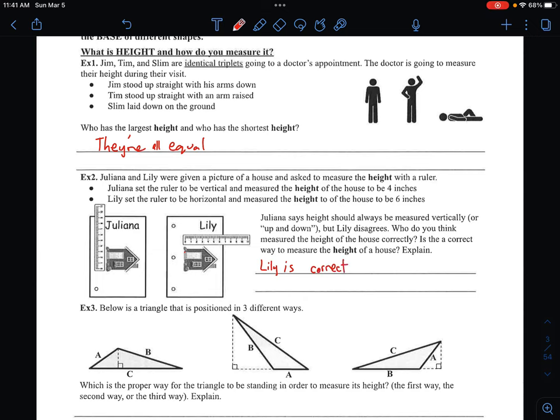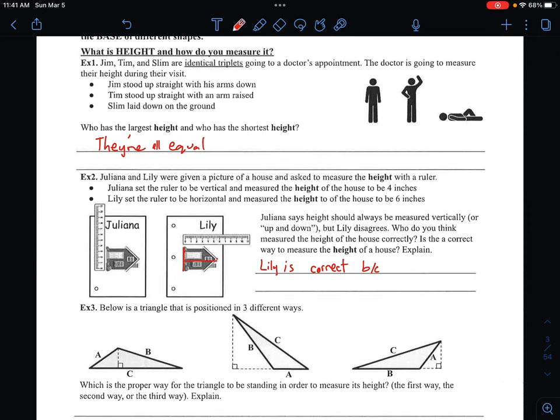Why is she correct? Because there is a bottom of a house and there is a top of the house, which is right here. From here to here is the top of the house. You wouldn't say the bottom of the house is this side and the top of the house is this side because the picture of the house is clearly sideways. So Lily is correct